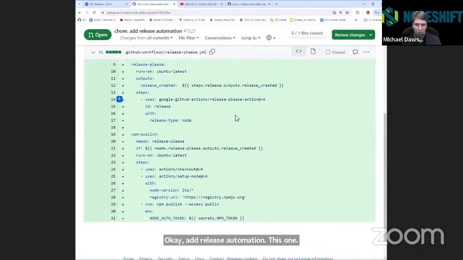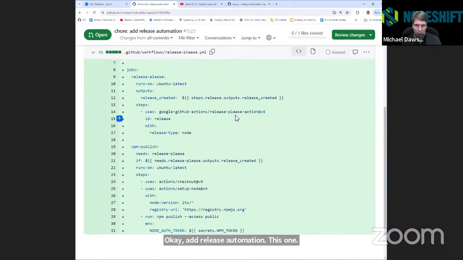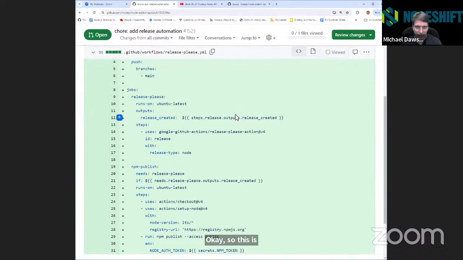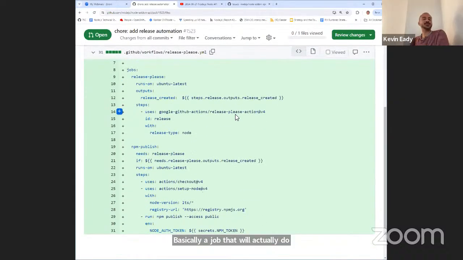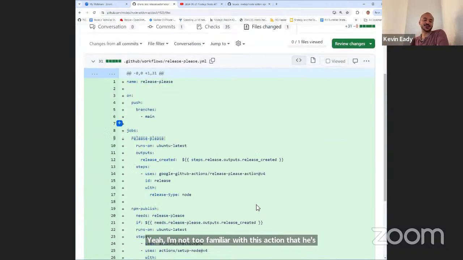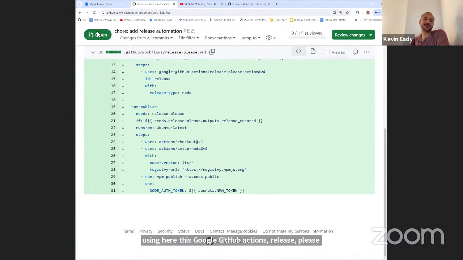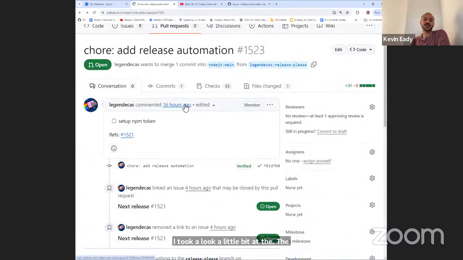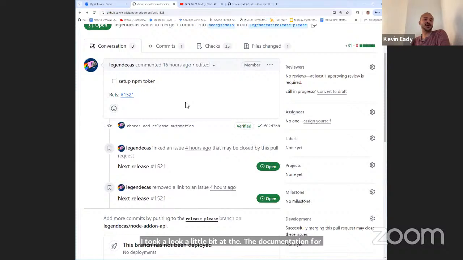Okay, so this is basically a job that will actually do the release, right? Yeah, I'm not too familiar with this action that he's using here, this Google GitHub Actions release please action. I took a look a little bit at the documentation for it. I'm not exactly sure what all it does and does not do. So maybe we can